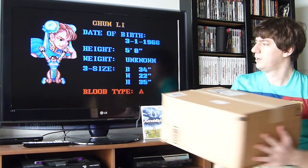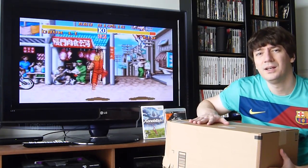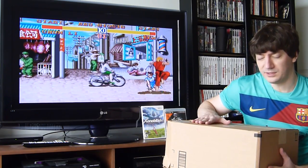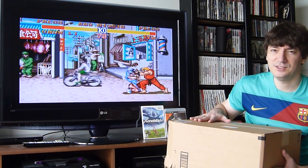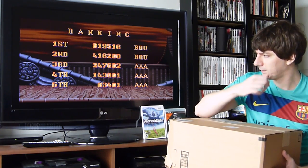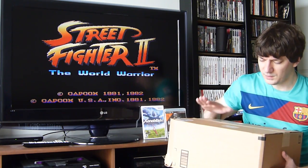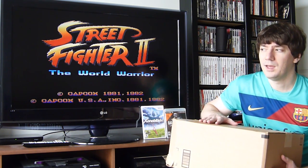Okay, see this box right here? This box contains the, I believe it's the 25th Street Fighter Anniversary Collector's Edition Special pack for the PlayStation 3. And when this first was announced, like many months ago, maybe even a year ago, I pre-ordered this, being the huge Street Fighter fan that I am, which by the way I have the Super Nintendo version playing on the TV. I pre-ordered this as soon as it became available on Amazon.com,